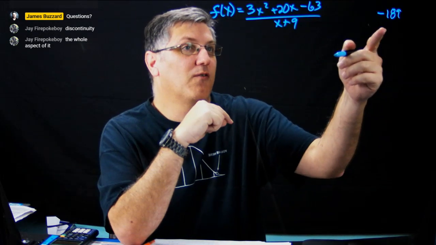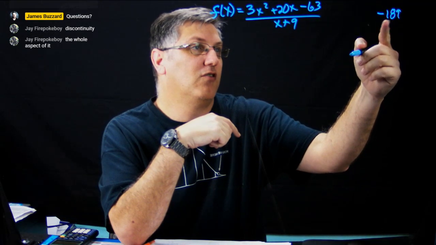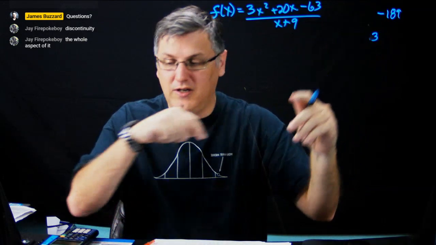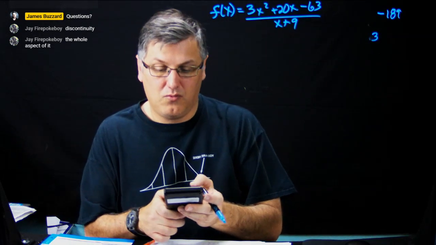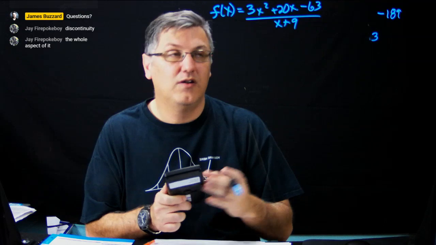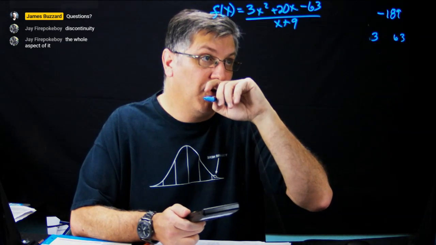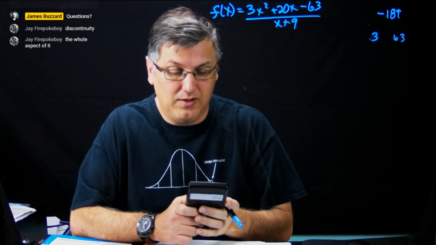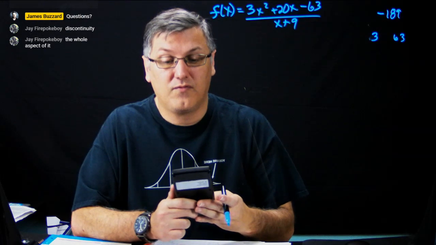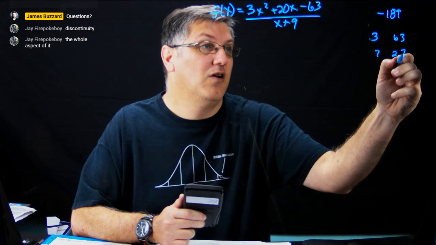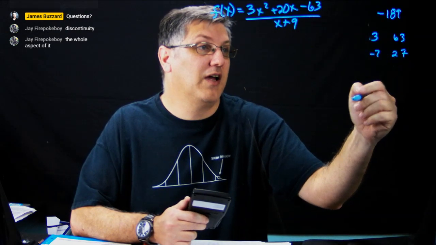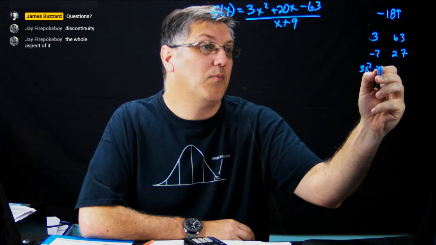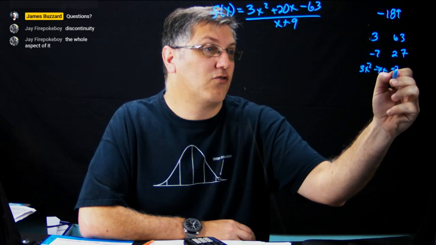Alright, so then we're going to look for the factors that are going to add up to 20. Let's see, 2 doesn't go in, 3 does. 189 divided by 3, 63, that's not going to work. 4 doesn't. 5 can't. 6 can't because it doesn't have a 2. 7 maybe. Yeah, 7 and 27. Alright, and then because it's a positive 20, it's going to be a negative 7, positive 27. This will give me my positive 20, so that top's going to factor to 3x squared minus 7x plus